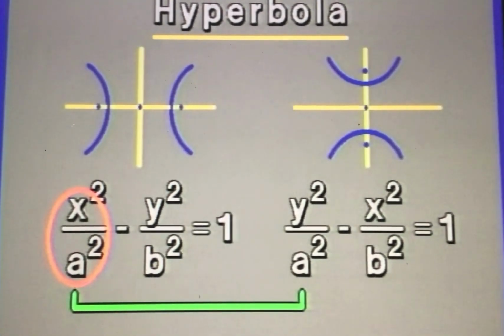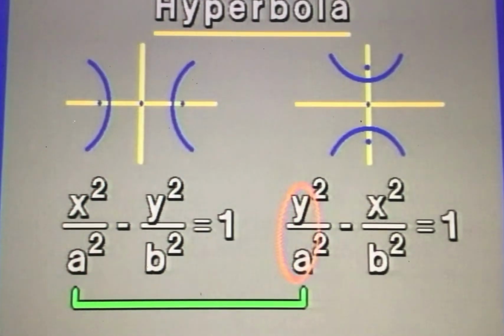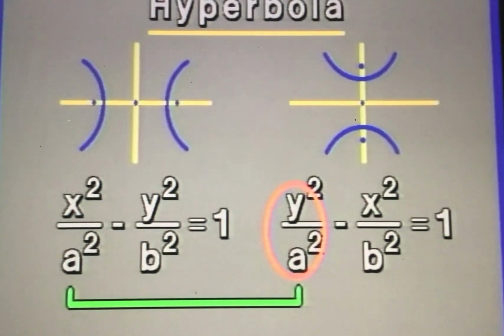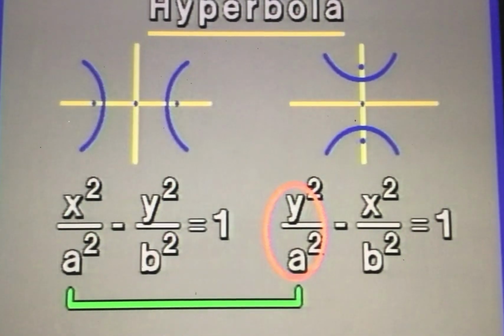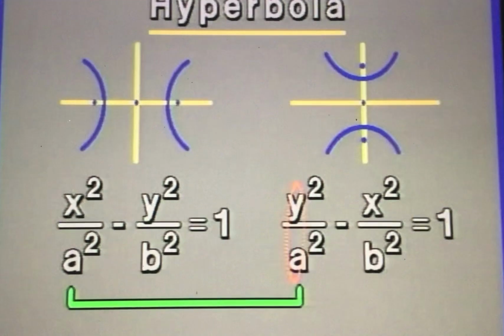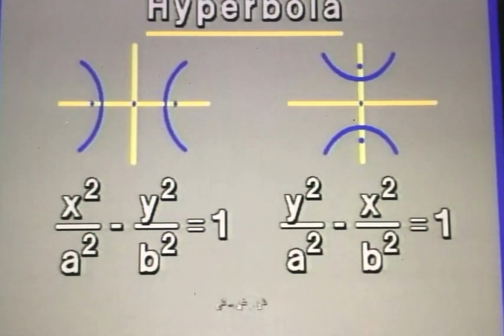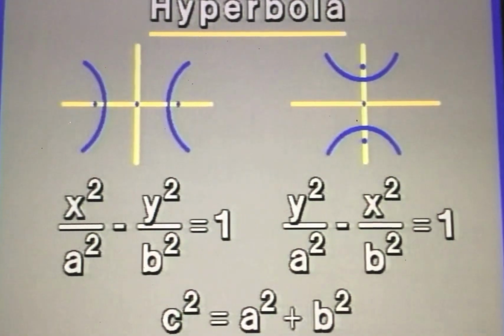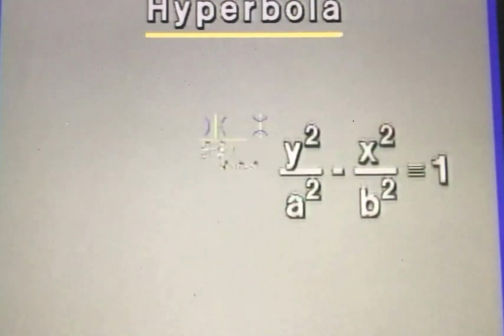And for the other equation, A and Y lie along a transverse axis that's vertical, and A and Y are both taken as vertical distances. But in both equations, the relationship between A, B, and C is C squared is equal to A squared plus B squared. Well, we need to go through the process of completing